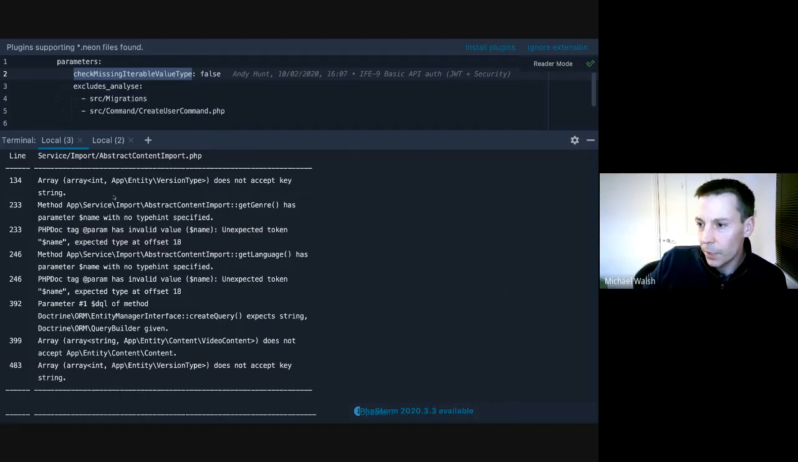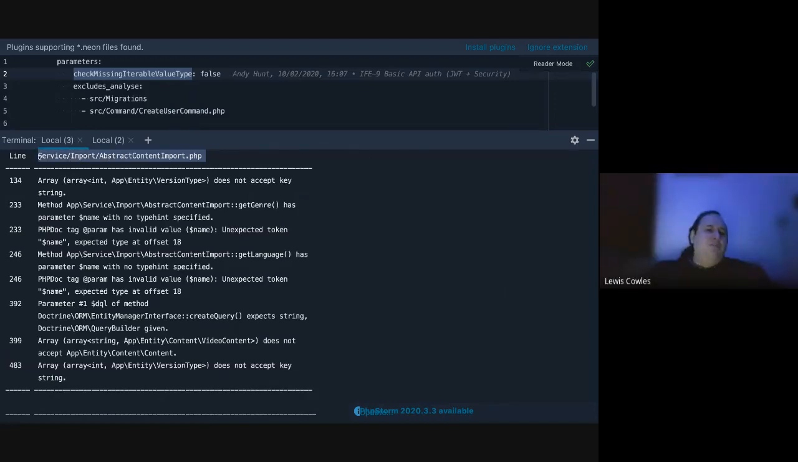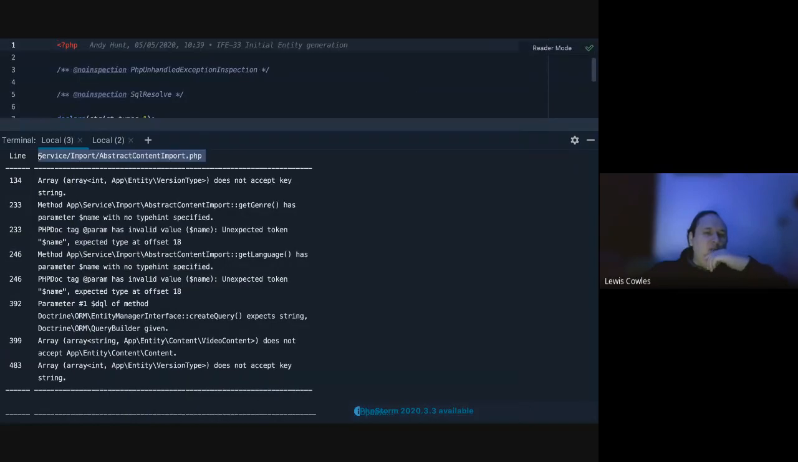So what we've got is, array does not accept key string, so that's helpful. We could have a look at that maybe. It's because it says int, so